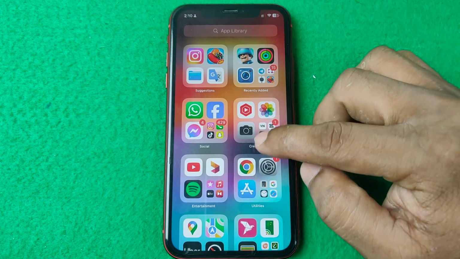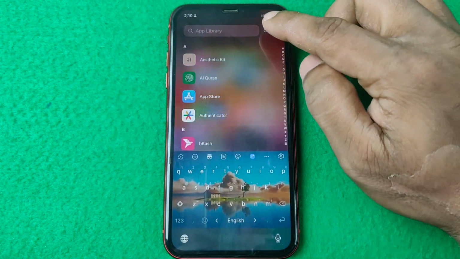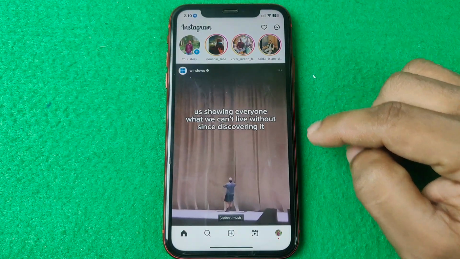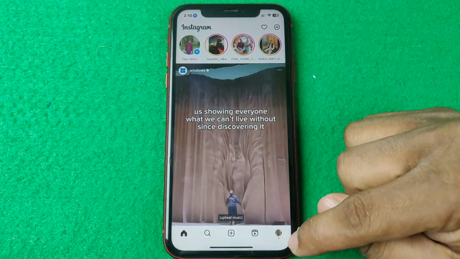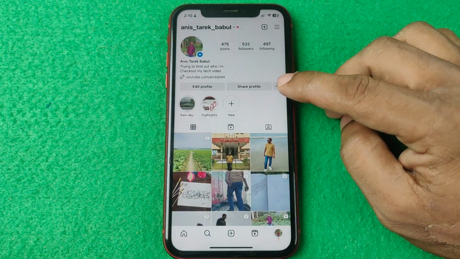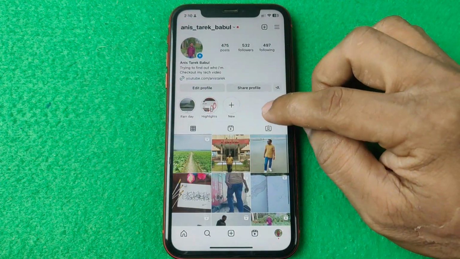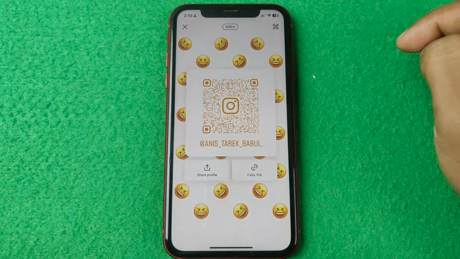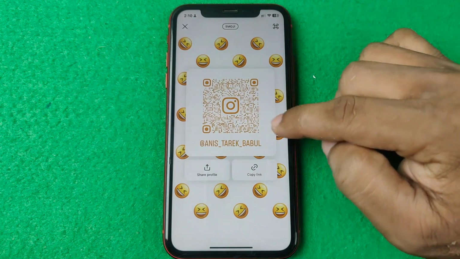So let me show you from the beginning. First of all, open Instagram on your iPhone or Android, then tap on the profile icon in the bottom right corner. Here is my profile. Here it shows Share profile. Tap on Share profile and it creates a QR